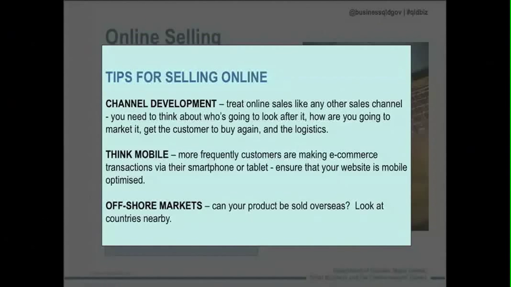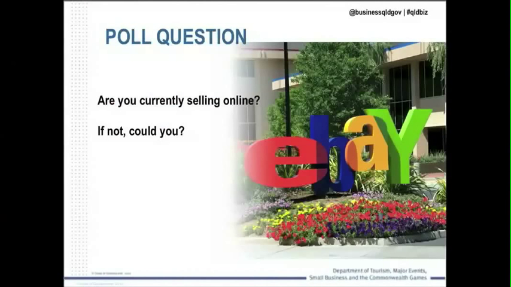So for instance, it might be creating your website .co.nz for New Zealand, or .co.hk for Hong Kong, or .com.cn for China, creating subsets of your website, and possibly even going to the level of having your website translated into Mandarin for the China market, those types of scenarios. And this is one of the benefits, I guess, of online selling: it does reduce those geographical borders in which we're marketing and promoting.